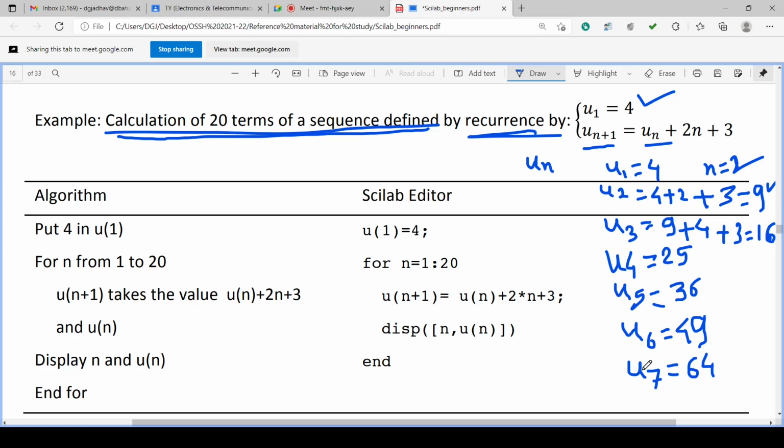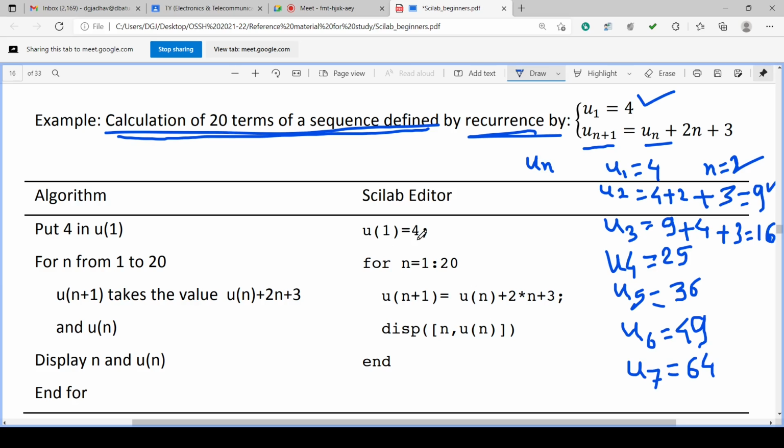U is not a simple variable, it is an array variable. An array will store elements. Array always has elements, isn't it? So u is an array, and its first element is 4.